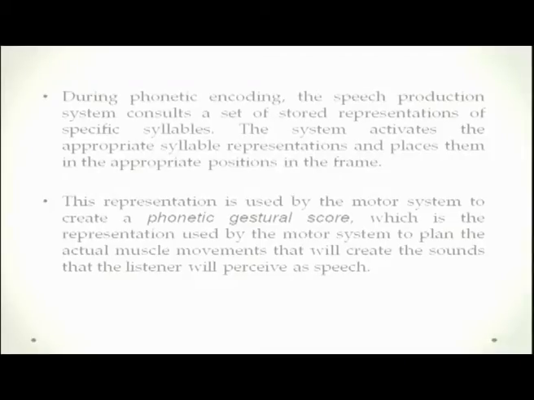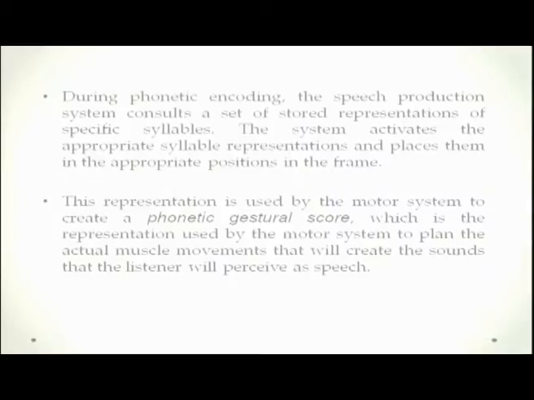So, the system activates appropriate syllable representations and places them into proper positions in the frame. This is how it has to be said. So, for example, banana, the second has to be stressed, first does not have to be stressed, third does not have to be stressed. This representation is later used by the motor system, and the motor system creates what is called a phonetic gestural score, which is the representation the motor system is going to use to plan